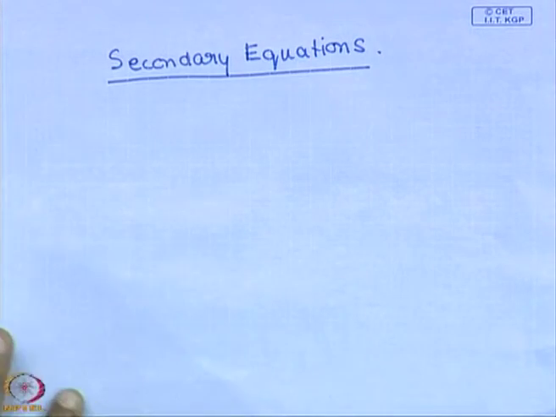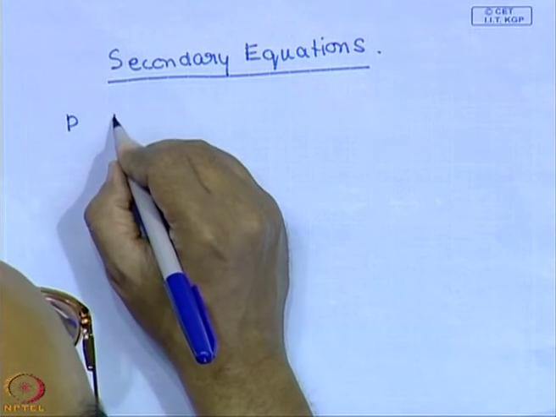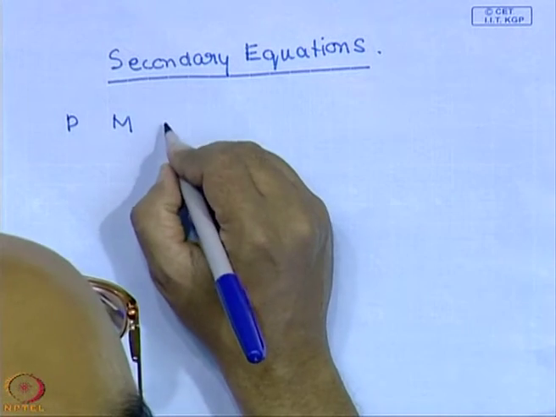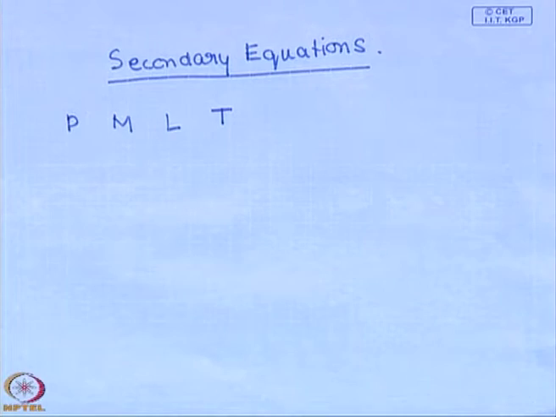Okay. So, if you look at this, you have 4 unknown quantities. The 4 unknown quantities are the pressure, the mass, all of these are functions of r. Then you have the luminosity and the temperature, all of them vary with r. But there are other quantities that appear in the equation. So, these quantities,